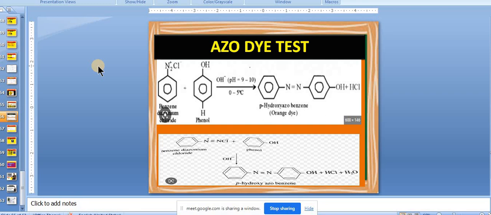So similarly, HCl will be out, and here you will get para-hydroxyazobenzene, which is an orange dye. So that's why this is known as the dye test. In some books or in the appendix, sometimes beta naphthol is also used, but it is easy to remember this reaction, better to use these reactions instead of that, otherwise you will end up with error. So therefore this test is acceptable, you can go ahead with this.